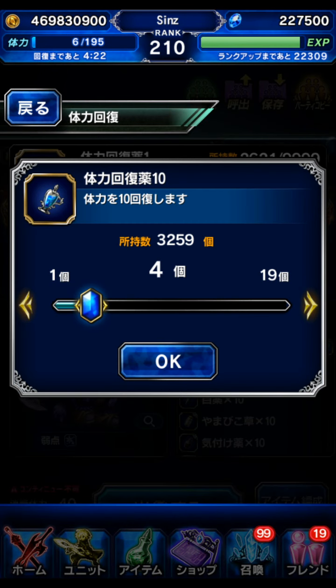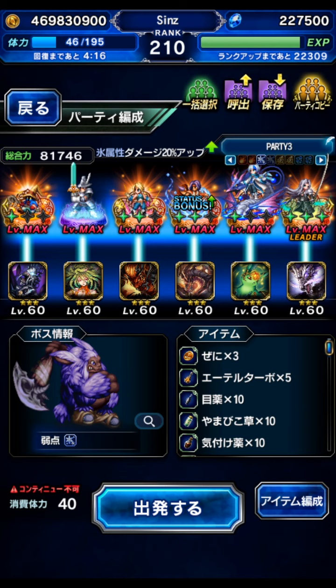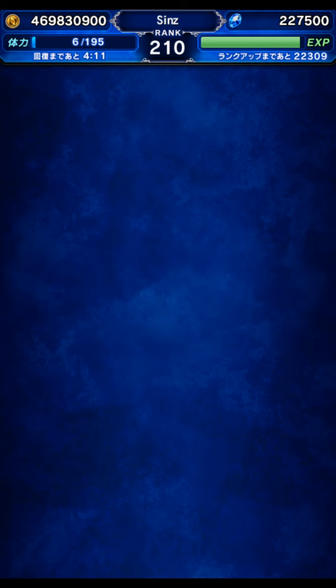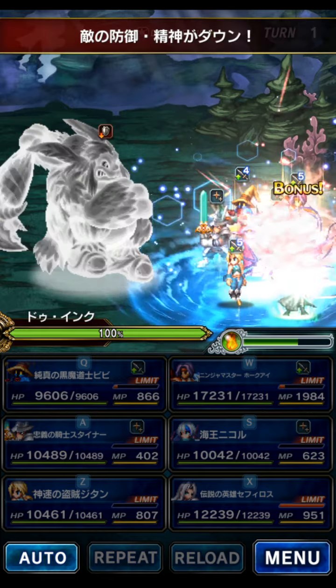Let's go for another clear real quick, and then I'll explain the details afterwards. It's an ice team. The boss is a beast. Here's the team we're using. This ended up being a perfect score, which took a lot of work because I don't have like